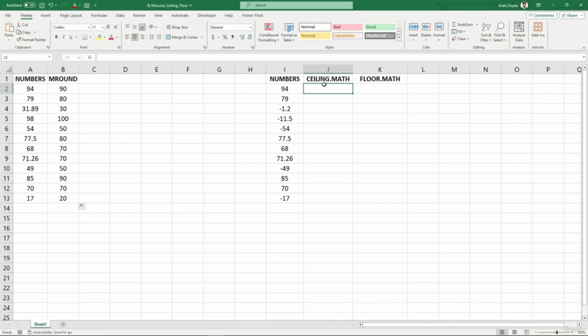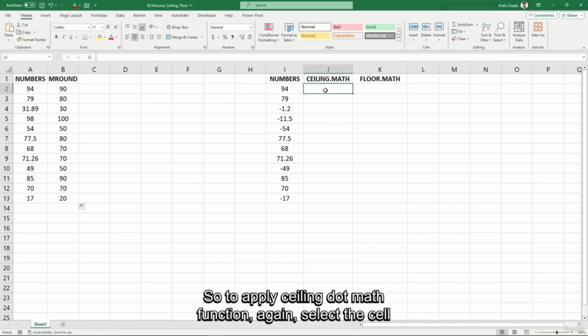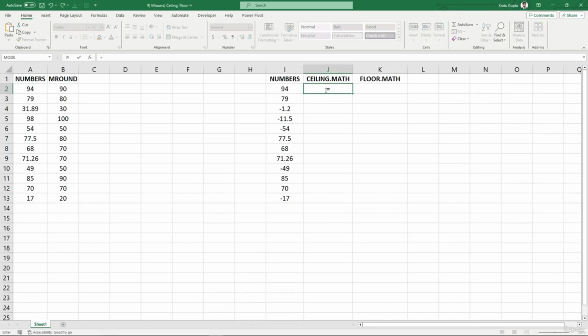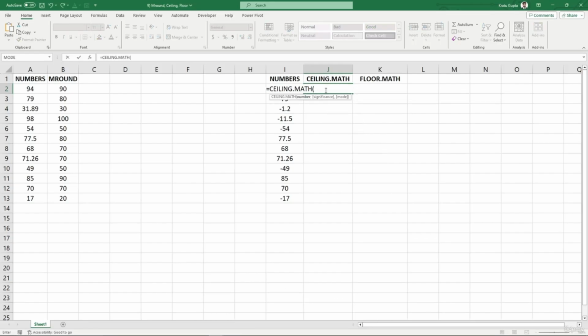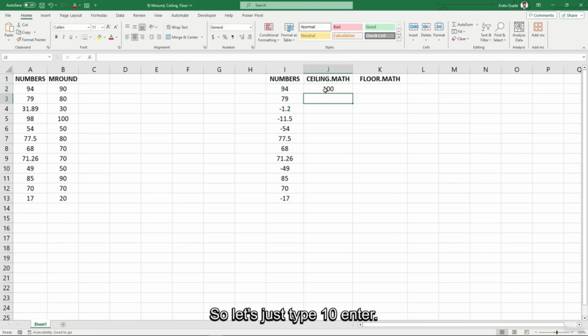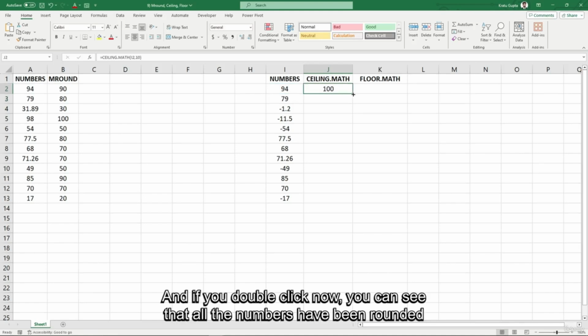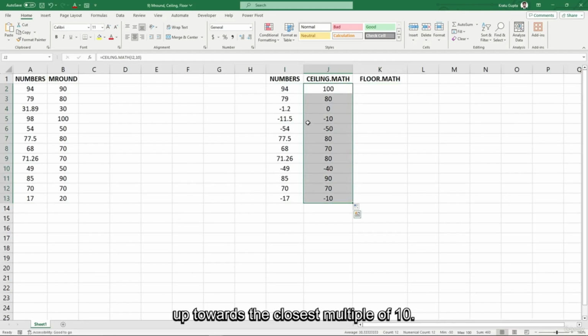the significance. So to apply the CEILING.MATH function, again select the cell where you want the result to appear, then type in CEILING.MATH. So here we'll select the cell I2, then the significance. So let's just type 10, enter. And if you double click now, you can see that all the numbers have been rounded up towards the